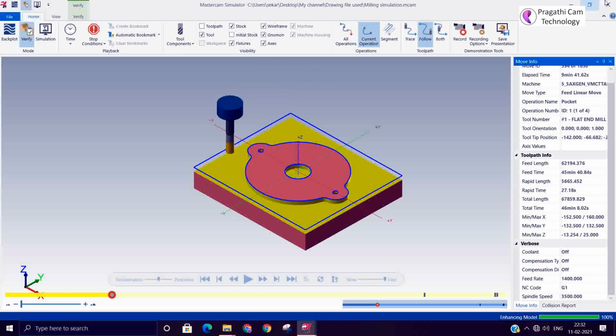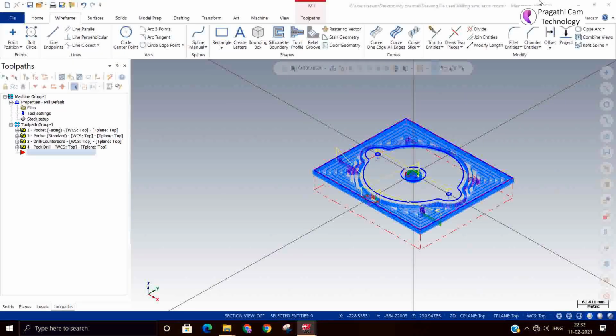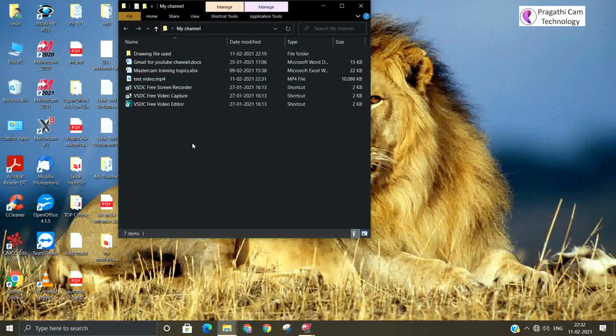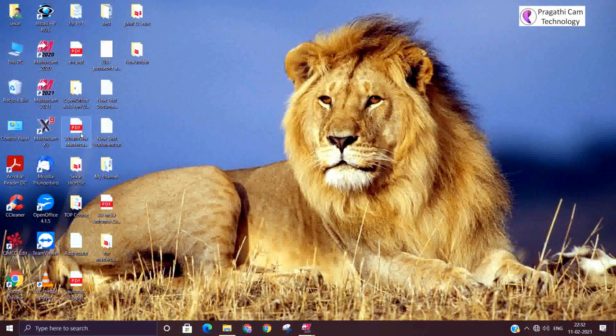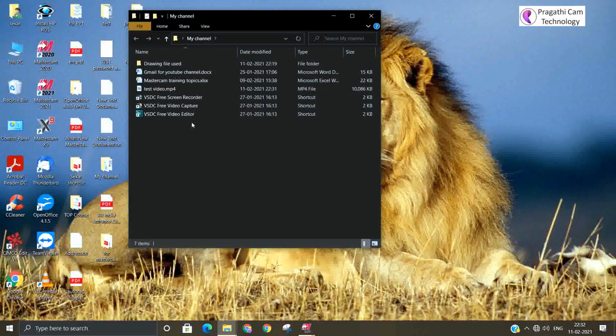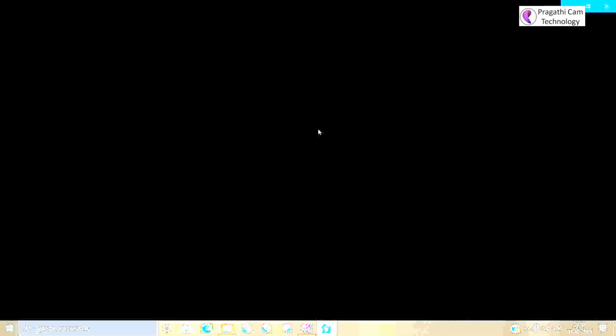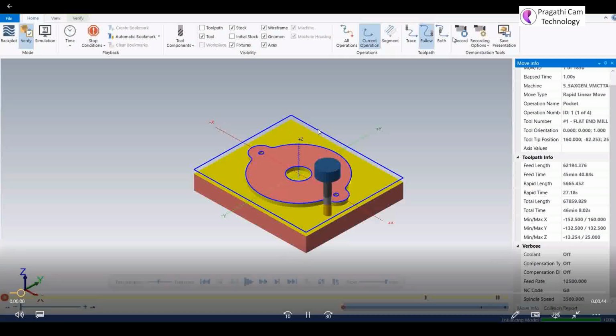Now we'll stop it, and we'll see how it looks. So this is the MP4 file.